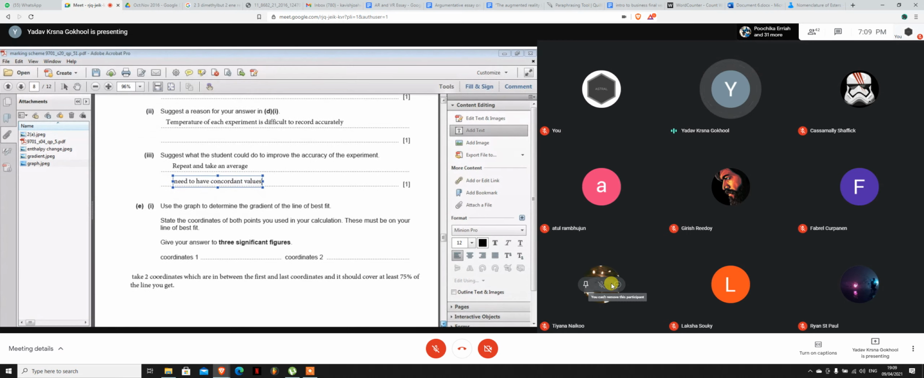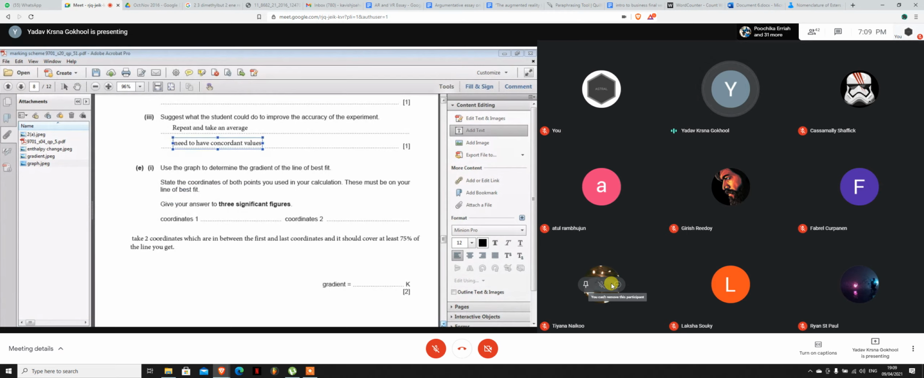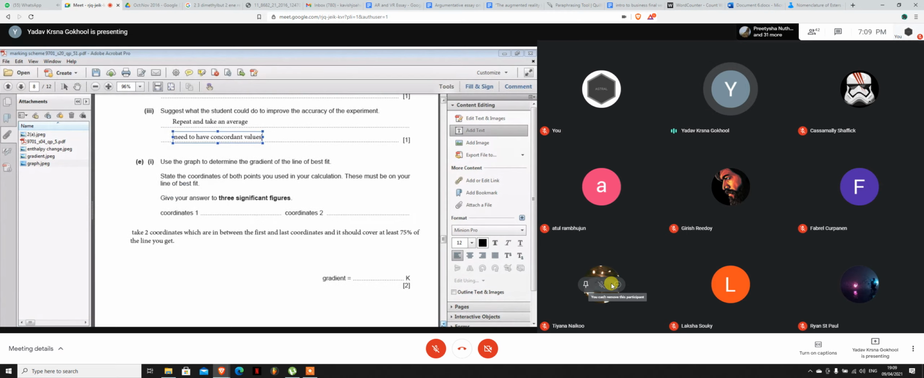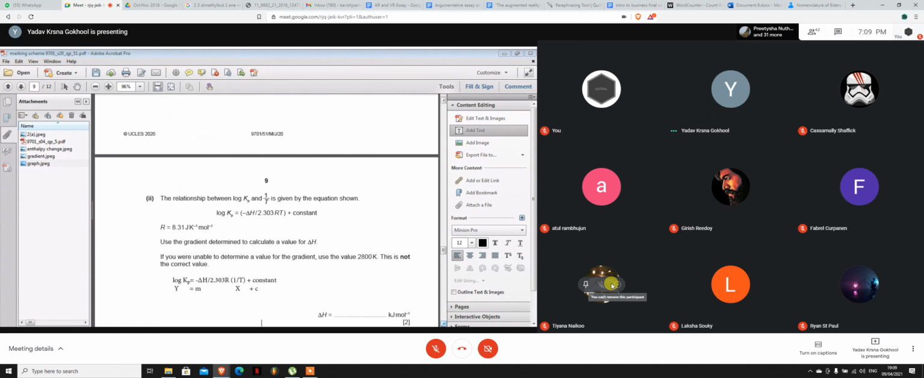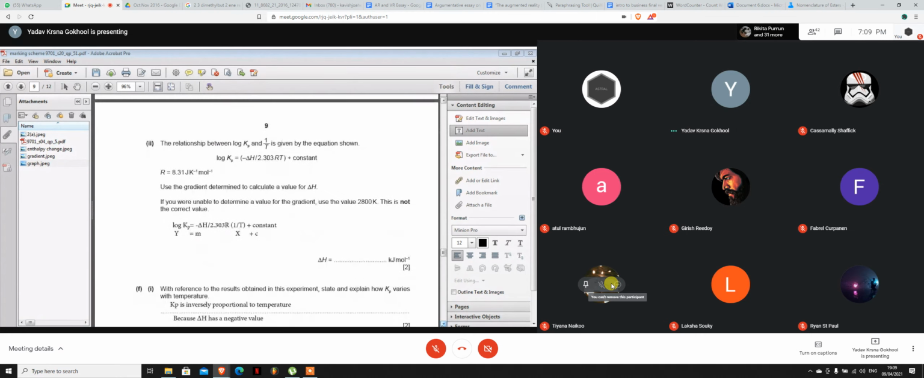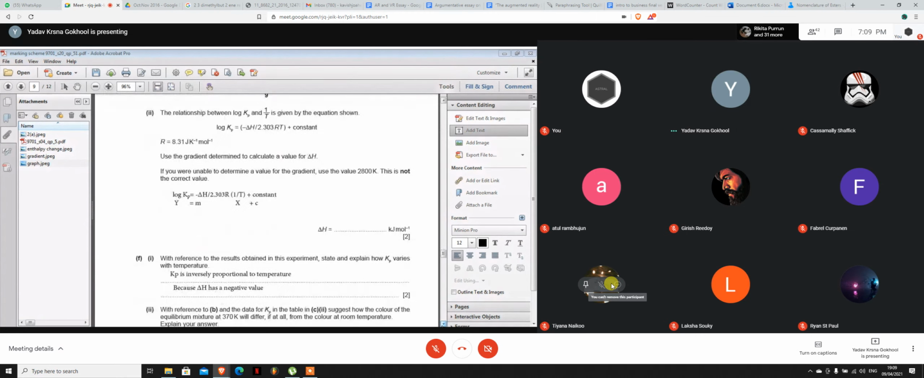Now for the coordinates, like I said, take two coordinates which are in between the first and last coordinates, and it should cover the 75% of the line you get. You get your gradient. Like I told you over here, you need to be used to the fact of y is equal to mx plus c, which is going to help you to calculate the delta h. All right. When you calculate the delta h,